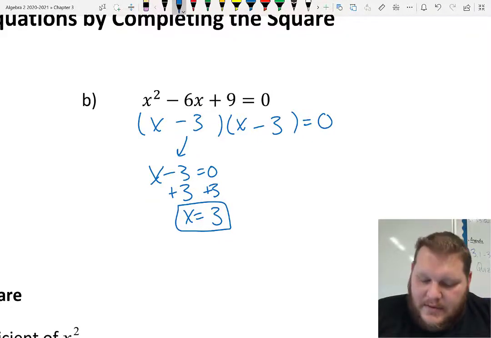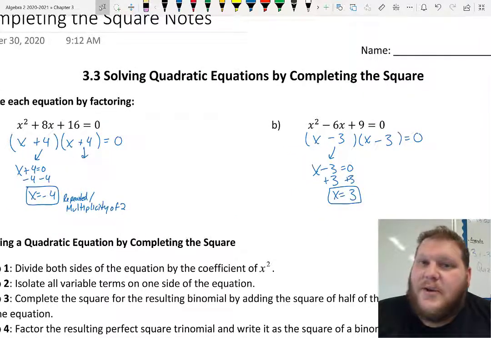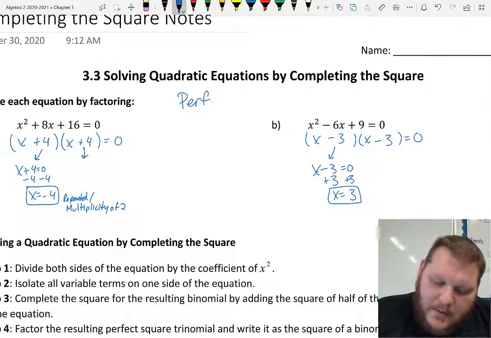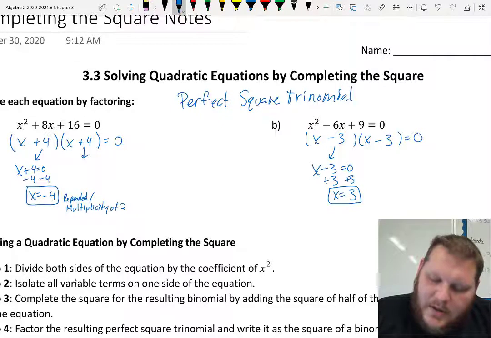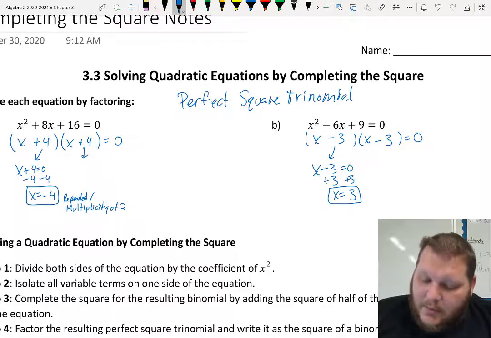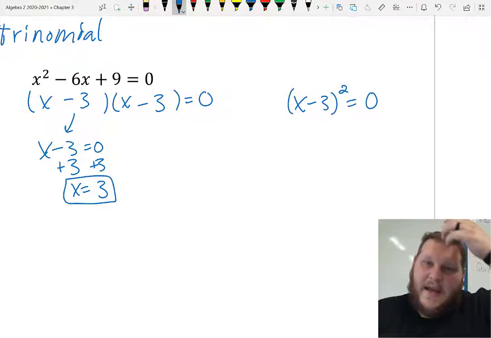Now with both of these, because I was multiplying the same parenthesis times itself, we do have a special name for this, and it's something we talked about, one of our two special multiplication or factoring methods back in Algebra 1. This is what we called a perfect square trinomial. Because trinomial, again, there's 3 terms in my simplification, and it's a perfect square trinomial because another way that we could write this would be x minus 3 parentheses squared equals 0, instead of saying x minus 3 times x minus 3,